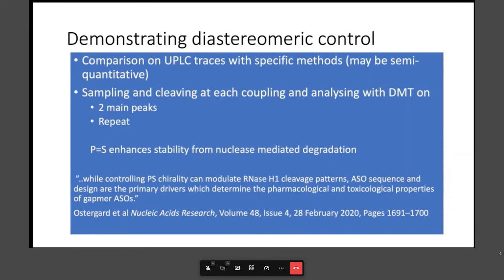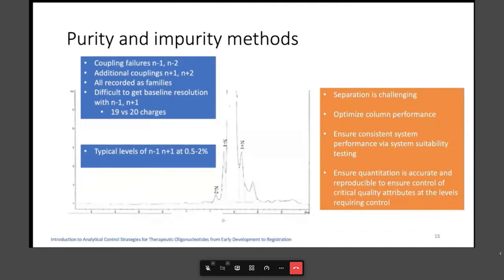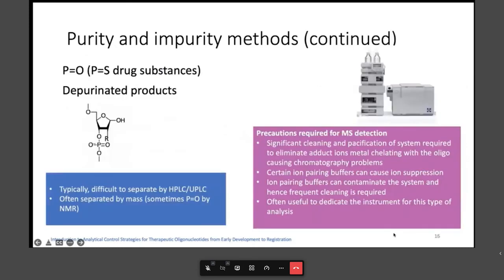About one, demonstrating this and how far we can go and how important it is, and also what is analytically possible. I'm merely going to show you this separation here, a typical separation where we can see very different to small molecules, where our impurity and purity methods are really challenging. And we can see the small change in chromatography is going to have quite a dramatic difference, particularly on the N+1 and N-1 impurity peaks. And that's going to be really, really critical for us. So it's extremely important to control our methods and to have system suitability controls.